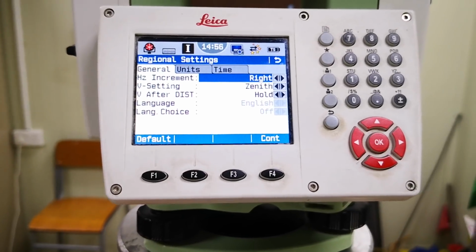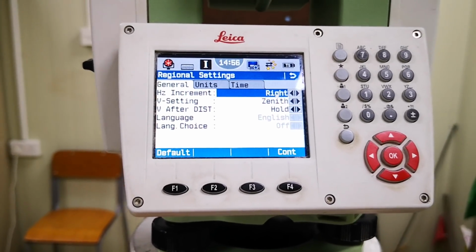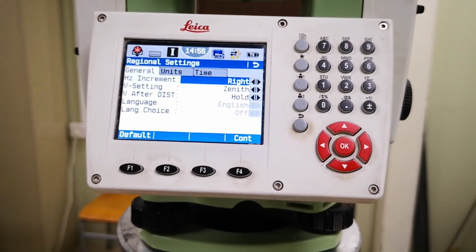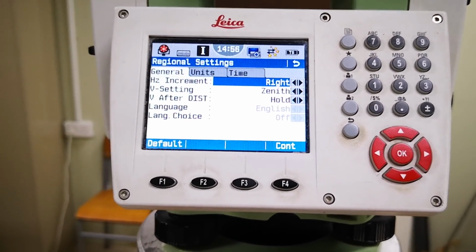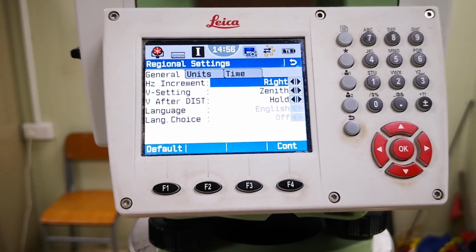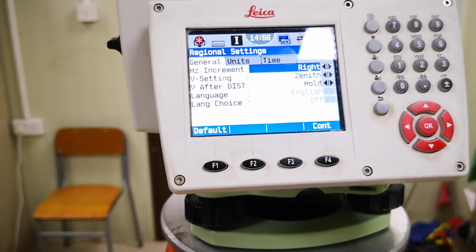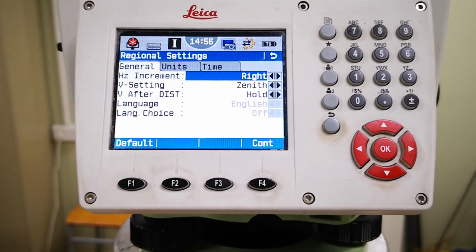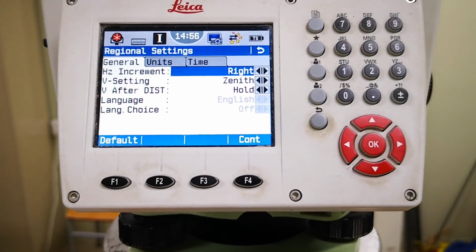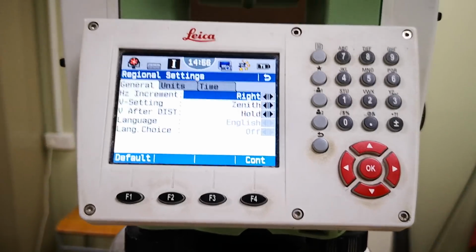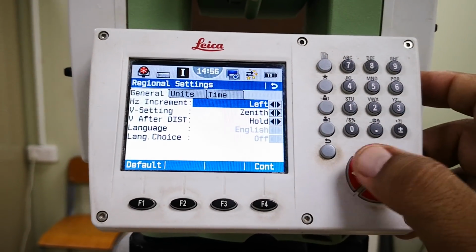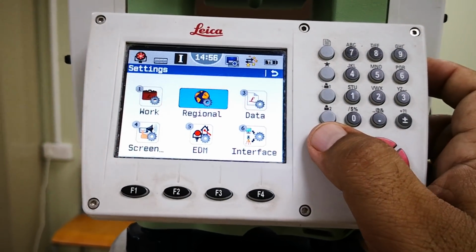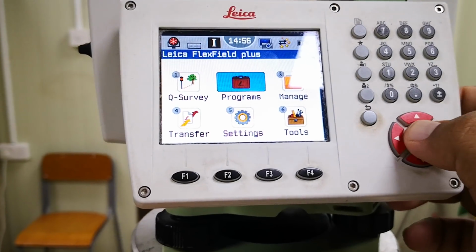For the general settings, the first option is HZ increment. That is actually the horizontal angle, what we call bearings or azimuth. Right means clockwise, and if we go for the left, that means anti-clockwise. For example, now it is clockwise. I'll escape this one and go to the program and then survey.